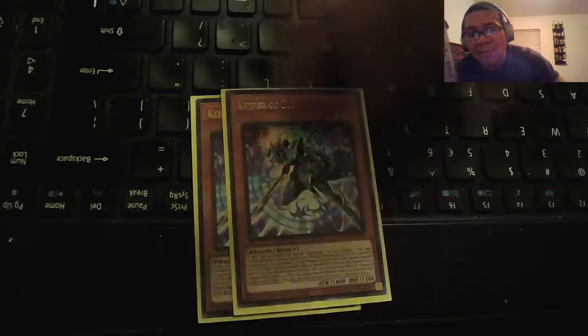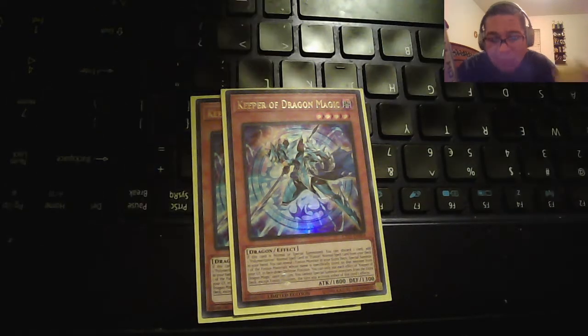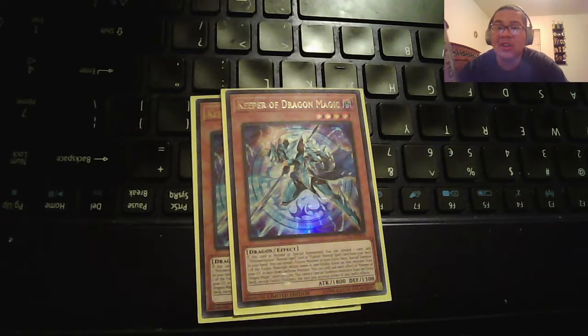Next, I play two Keeper of Dragon Magic, and I'll tell you why. Because I run one fusion spell, but it's a dragon. You can either add one Polymerization normal spell card or one fusion normal spell card from your deck to your hand when it's normal or special summoned,